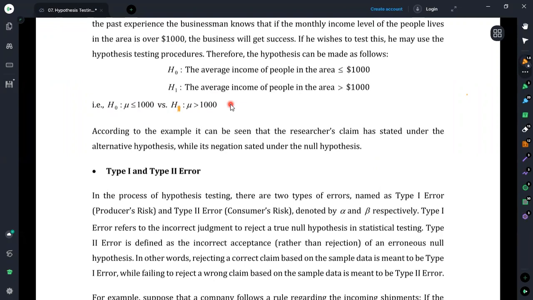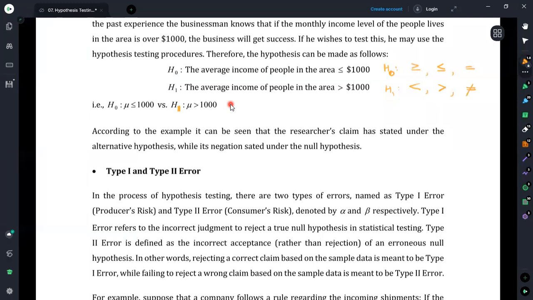Therefore, this is how we are constructing the hypothesis. But apart from using this concept, the next thing we can consider is, if we are having any statement or any condition which includes greater than or equal, less than or equal, or equal sign, then all these should be stated under H naught. Under H naught, we can have the notations as greater than or equal, less than or equal, and equal sign only.